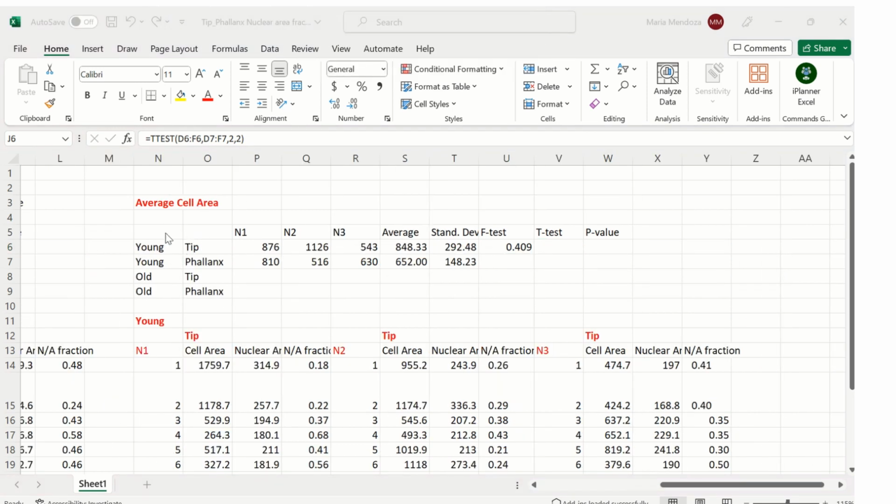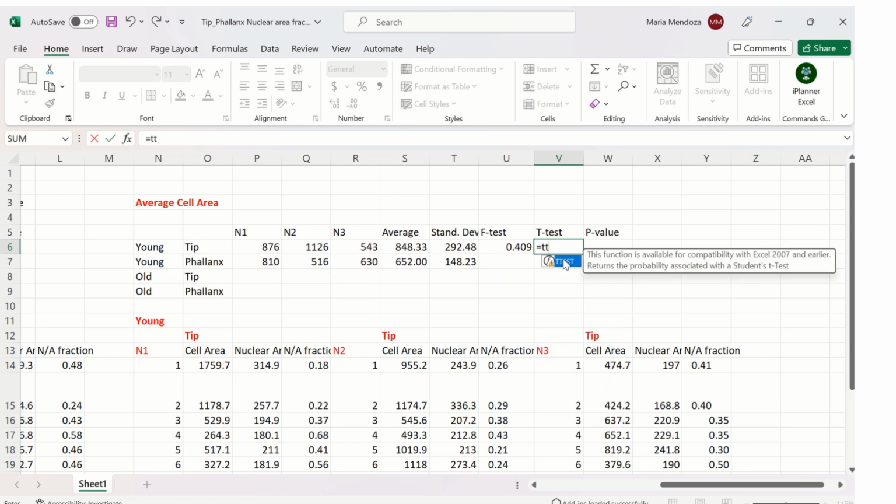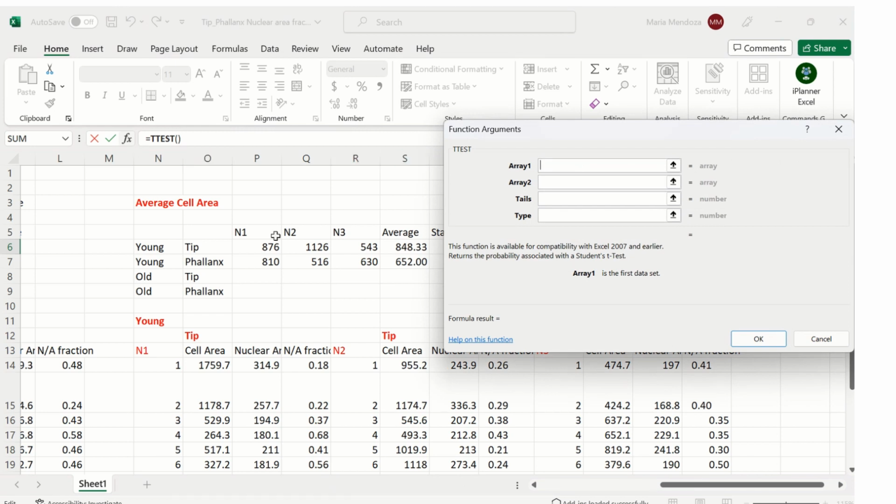Okay, so then I just copied and pasted all that, and now we're doing average cell area. So I went ahead and brought in the N1, N2, and N3 for the average cell area. And now I'm going to go ahead and do the t-test. So equals t-test. So double click here, then click here. So our array 1 is this, and then array 2 is this. And then